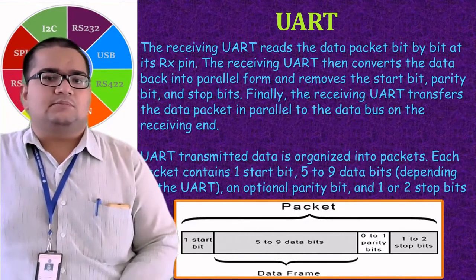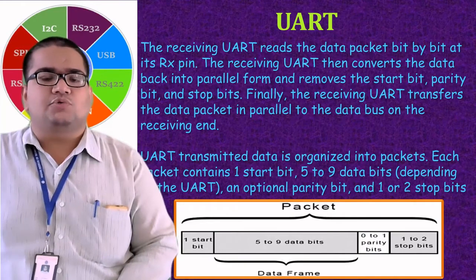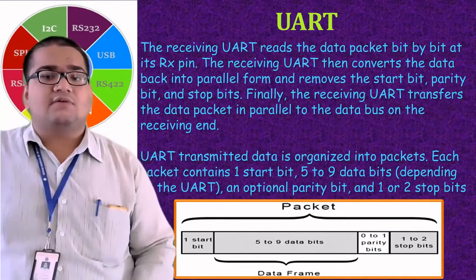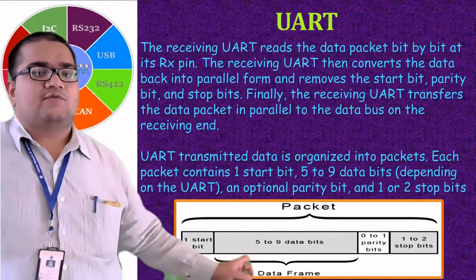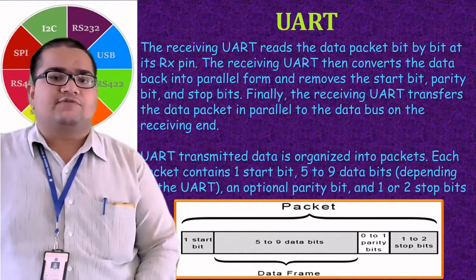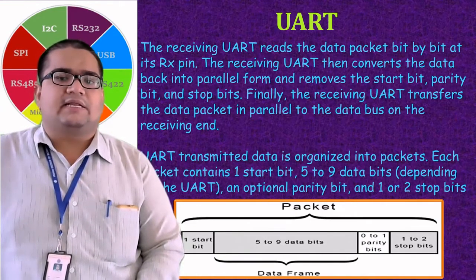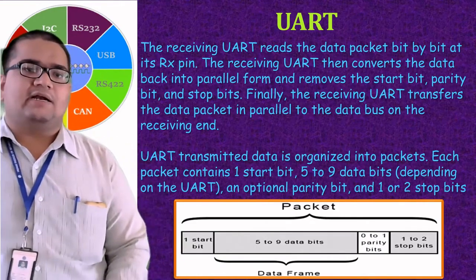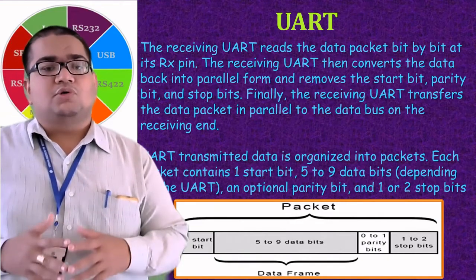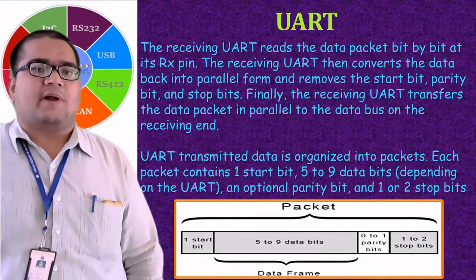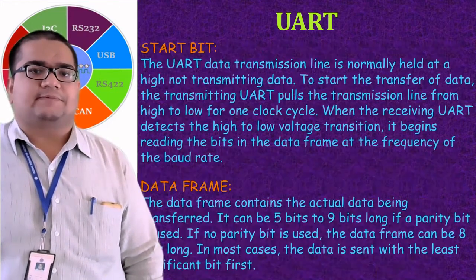That is why this UART packet structure shows the involvement of a parity bit also. One start bit will be there in general, followed by the data frame, which will be of a standard size of 5 to 9 bits. After this, there will be a parity bit, and lastly there will be 1 to 2 stop bits. Either 1 or 2 stop bits will be there. So this is the general structure or packet frame for UART communication.